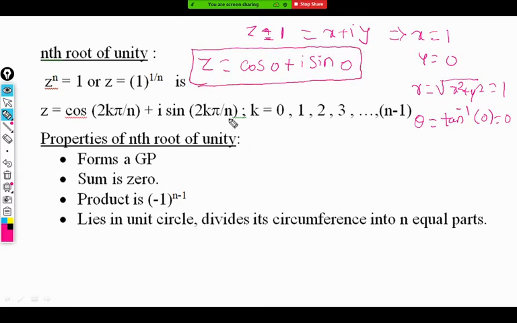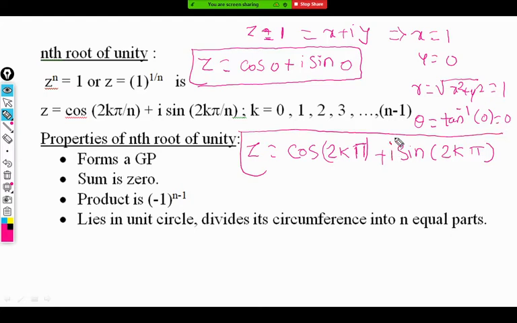Now step 2, we write from polar to the general polar form. We just add the angle 2k pi to that theta. So this becomes cos of 2k pi, sometimes written as 360k, so I am writing here 2k pi, plus i sine of 2k pi. So this is the end of the second step. We got a general polar form. Yes, I missed the important iota. So z is cis of 2k pi, and that is the general polar form.